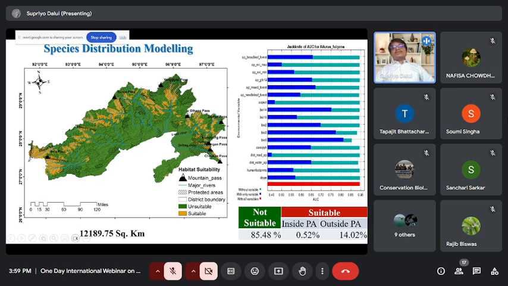So যখন আমরা representative sample থাকে from different parts of this landscape, and then I have the different kind of climatic variables or topographic variables. So what this function basically does, if we have a location point from here, the species distribution model extracts the bioclimatic or topographic variables around these location points to find out what type of environment is suitable for this species, and then it extrapolates it for those areas where the species points are not available, but it tries to find out if similar kind of environmental habitat is present there or